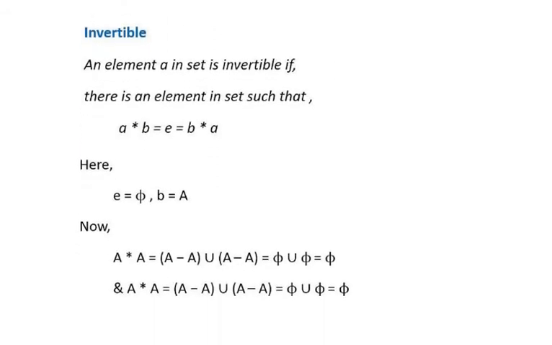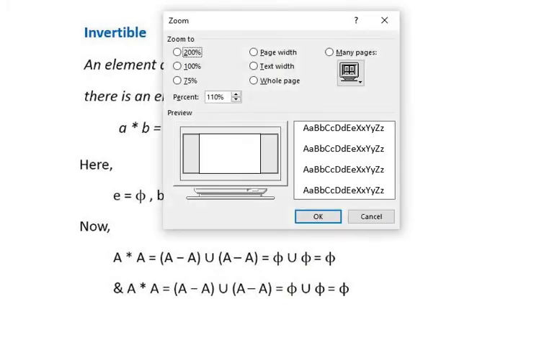So invertible means what? Let us say B is the inverse of A. Okay, so A star B is equals to B star A is equals to E we should get. And here we know that our E is null set. So let us take B equals to A. Now what we want is A star A, because they have said that inverse of the element is element itself, and that's why we are taking A here. So A star B, but B we are taking A, and therefore A star A equals to A minus A union A minus A is equals to null set, which is our identity element. So here we have proved this.